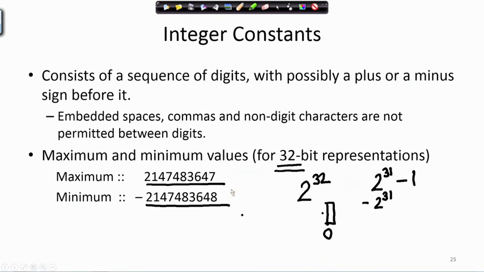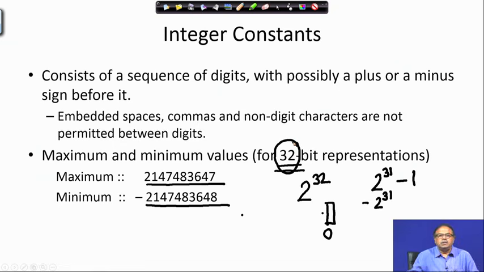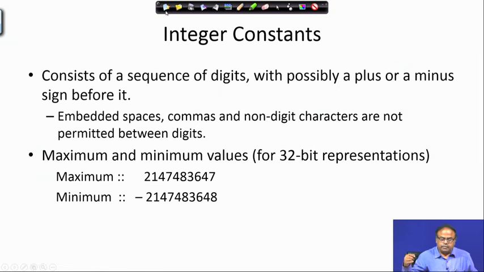There is a maximum integer and a minimum integer that I can represent, but obviously we need not be so concerned about it, because that varies with the number of bits of representation in the machine. So, for a 64 bit representation, obviously this size will be doubled. It will be much larger, I am sorry.